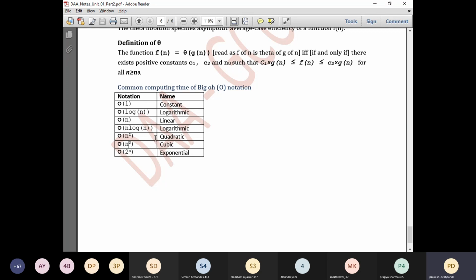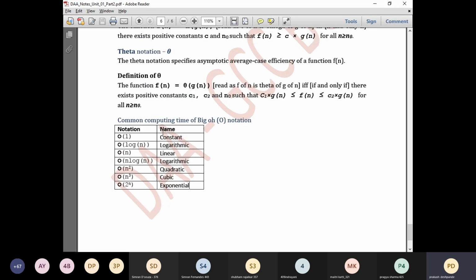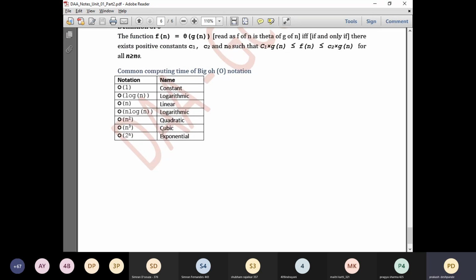All these notations will be calculated by making use of the step count which we studied in the previous class. Certain examples I had shown you, right? Making use of those step counts, we will find the frequency of every statement in the algorithm and then calculate the big O notation or the time complexity of that algorithm. You may find it a little difficult to understand the concepts, but when we start with the exercises, you will find it very interesting and easy to calculate the time complexities.